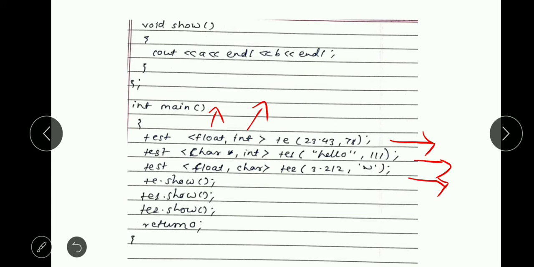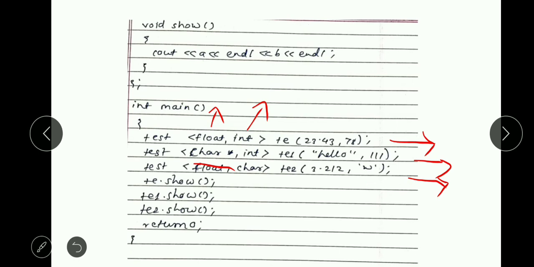Here we pass 23.43, a float value, and 78 as an integer value. Here a character array is used as a string, then again an integer value, a float and a single character. A single character is passed inside single quotes and a character string is passed inside double quotes.